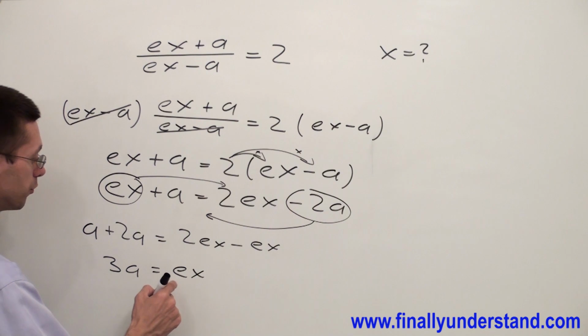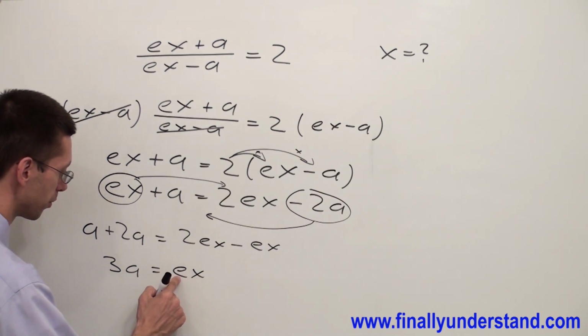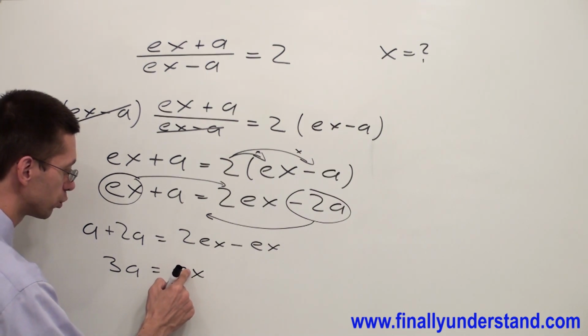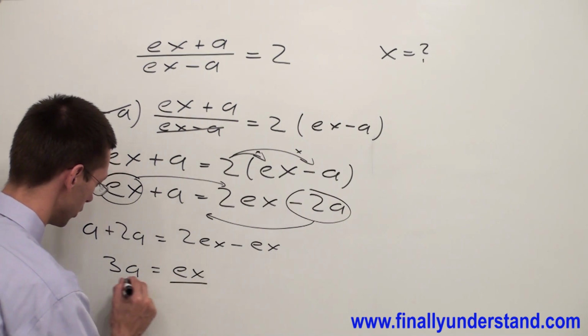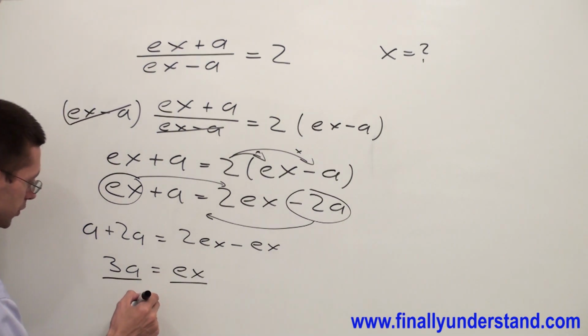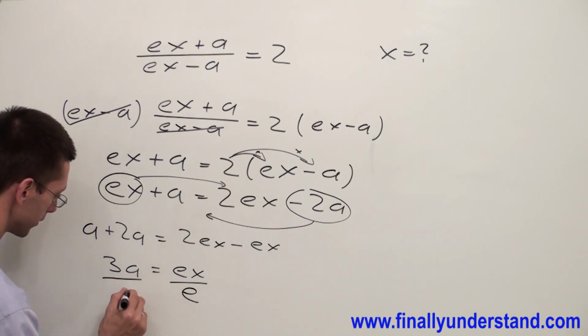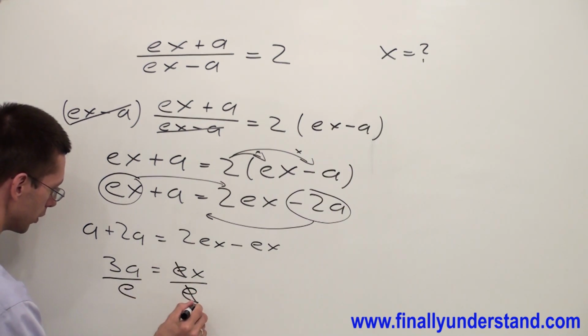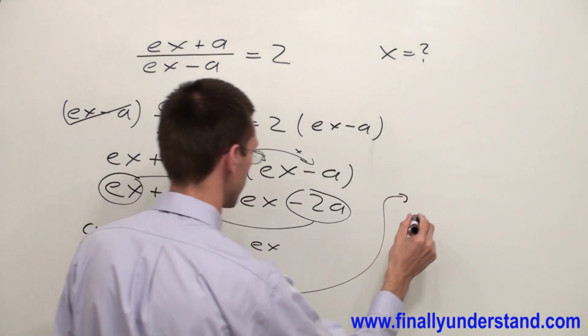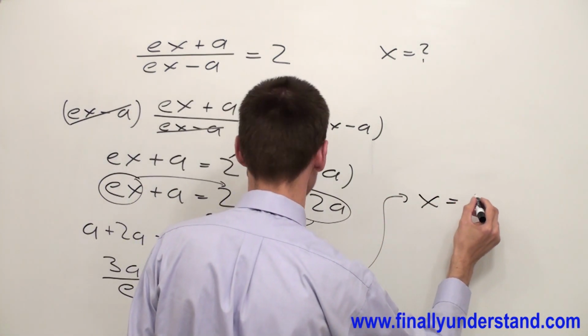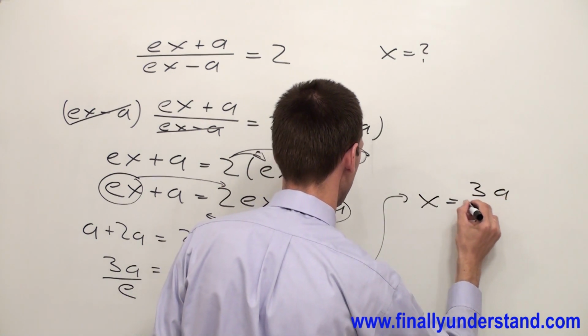Now, I have to find x. X is multiplied to e. I do not want to see e next to x. Okay, that's why I'm going to divide both sides of the equation by e. So e and e will cancel out. That's why my solution is x equals 3a over